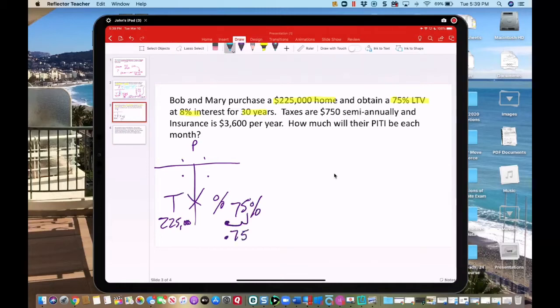Our math now tells us to multiply, because why? We have the 2 bottom numbers. Remember, if we had one at the top and one at the bottom, our math would tell us to divide, but if you've got both at the bottom, you multiply. So 225,000 times 0.75 equals